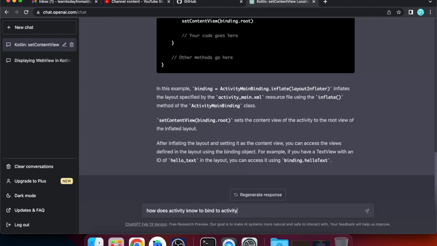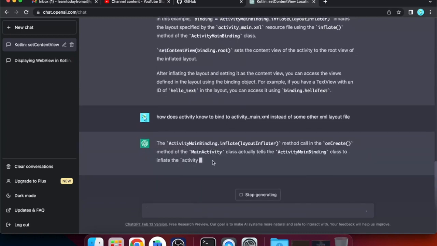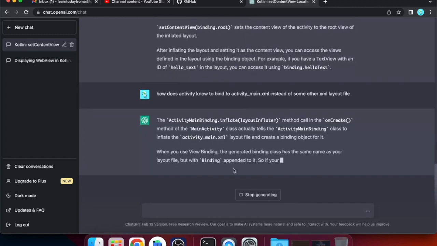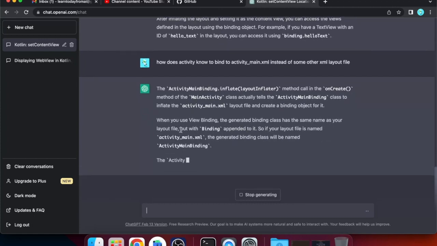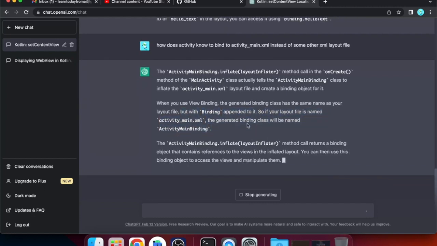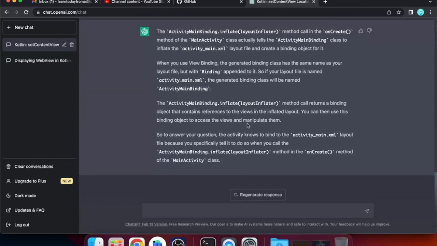Let's ask. I'm going to ask ChatGPT again, how does activity know to bind activity_main.xml instead of some other layout file? And this time we finally get an answer that makes sense. So the way it works is this. In Kotlin, there's a feature called view binding. And what it does is that it takes your layout class, aka activity_main, and it automatically creates an ActivityMainBinding Kotlin class. It's auto-generated, and in it, it will have all your fields like text views or web view in our case. And wow, that's very awesome. It took me 3 tries to get the answer out of